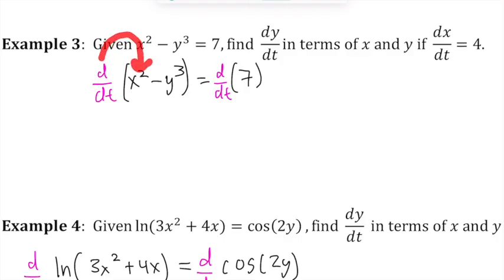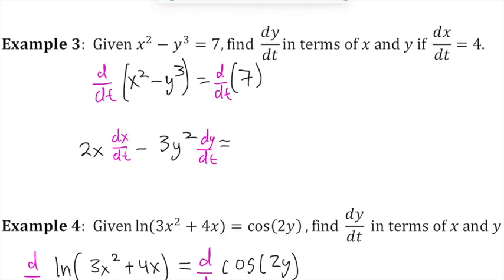So the derivative of x squared is 2x, and the derivative of y cubed is 3y squared. And again, this is going to be dx/dt because it's with respect to x. And this one is going to be dy/dt. And then on the right side, the derivative of any constant is 0. Okay, so now